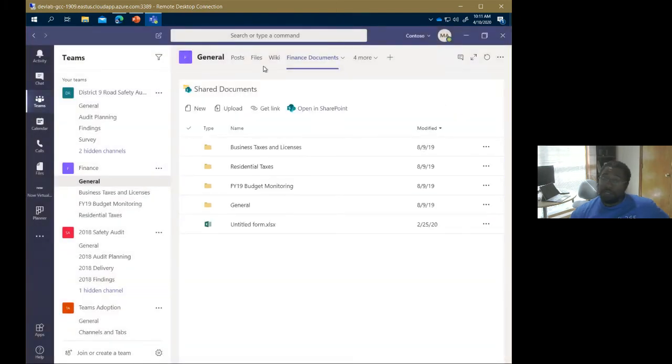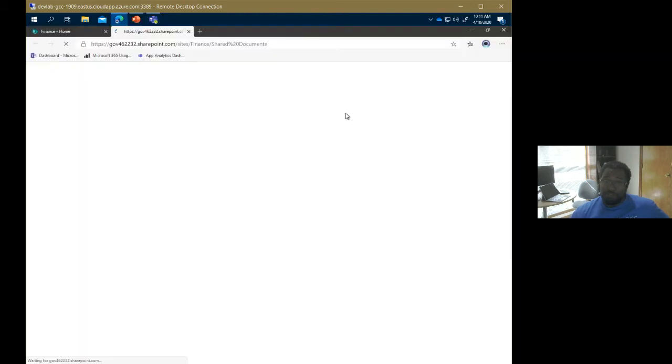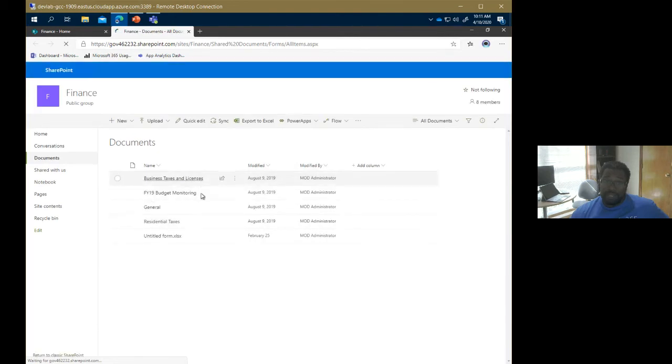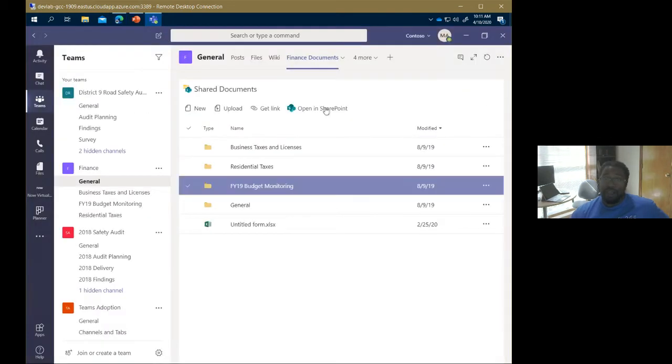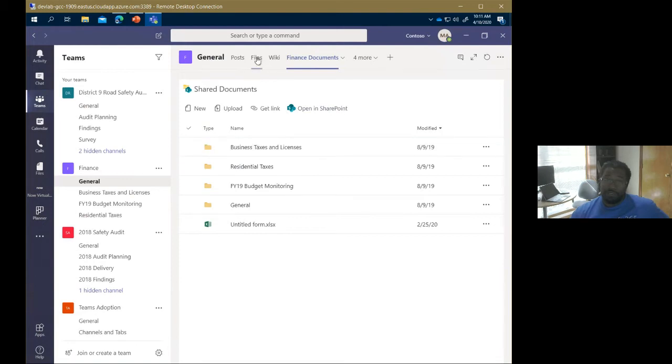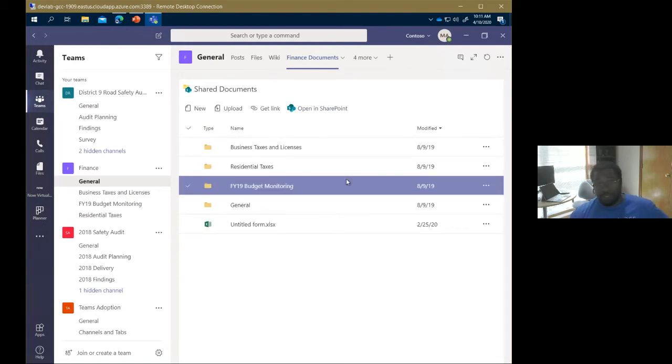And I have what essentially looks like my files tab, right? So again, all the fluff around this site, if I were to open it in SharePoint, all the fluff from this is gone that I would normally see. So that's the actual folder there, and all the stuff on the top and around it and everything. So that's gone. I get a look that looks very similar to the files tab of the actual team.